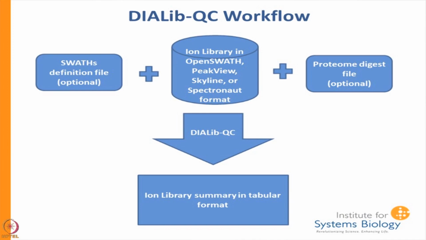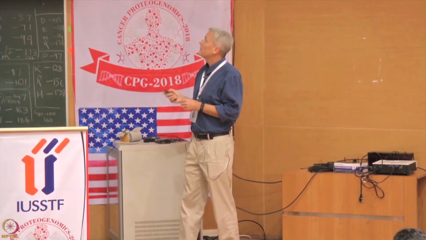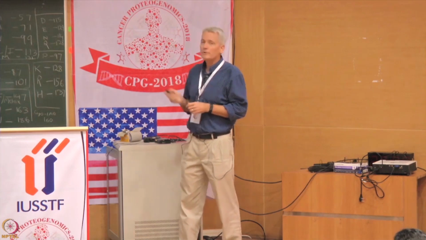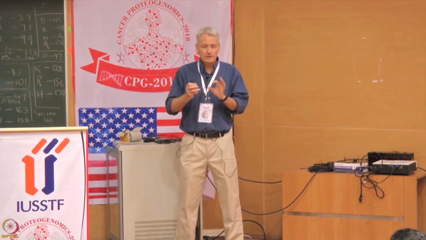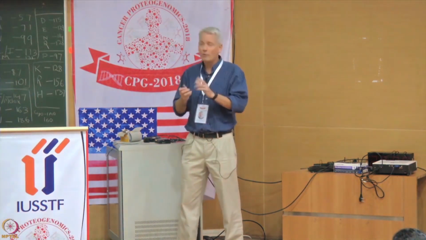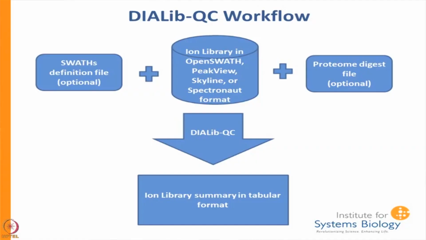So, this is DIA-LibQC. Basically we have an ion library, in a variety of different formats. We have a SWATH file, and the SWATH file basically says, okay, I'm going to look from this mass to this mass, and this is the width of each bin. And you can also compare it to a proteome. So you've taken a proteome and digested it to get all the tryptic peptides. You run this and you get this ion library,